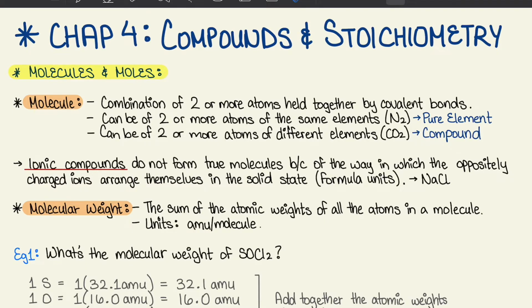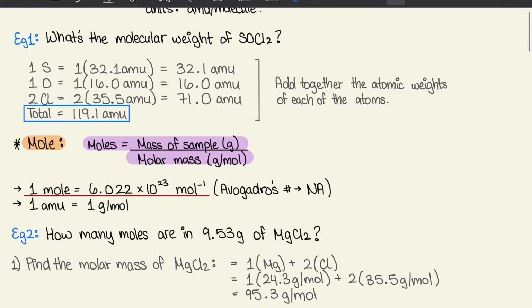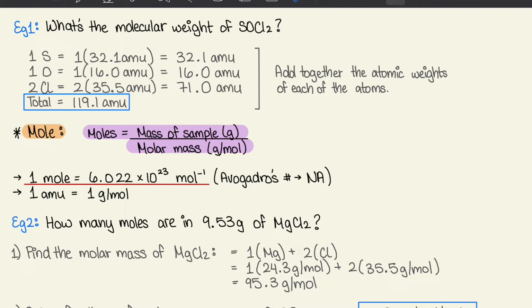So I just have an example here, and it's asking, what's the molecular weight of SOCl2? So we're going to write 1 S, because there's one sulfur, so 1 mole of S times the atomic mass unit, which is 32.1. This AMU is also the molar mass, so if you look at the periodic table, whatever the molar mass of that element, that will be your AMU. So 1 mole of sulfur times its atomic mass unit, you will get 32.1 AMU